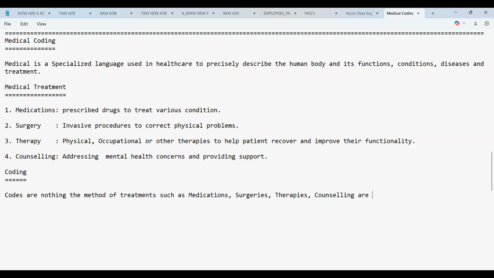These are mentioned in a coded language, which consists of alphanumeric codes ranging from 3 to 7 characters in length,